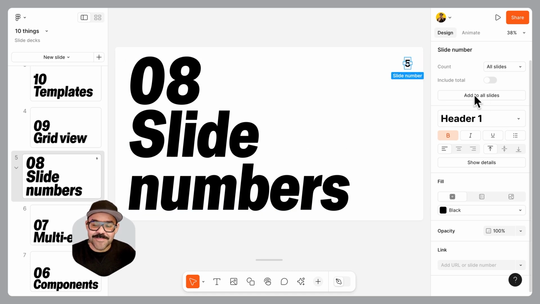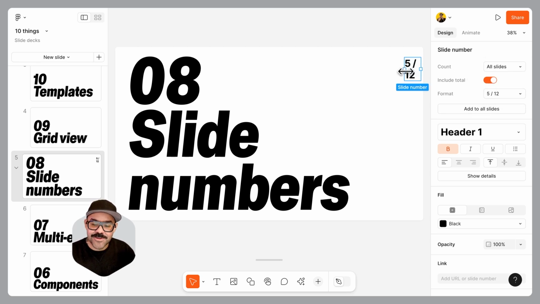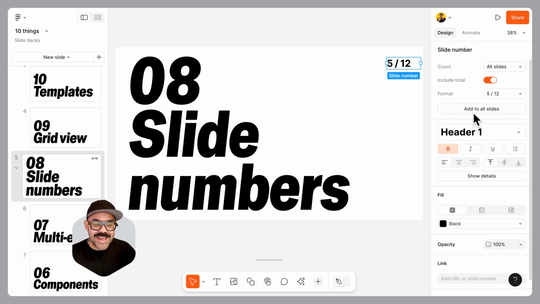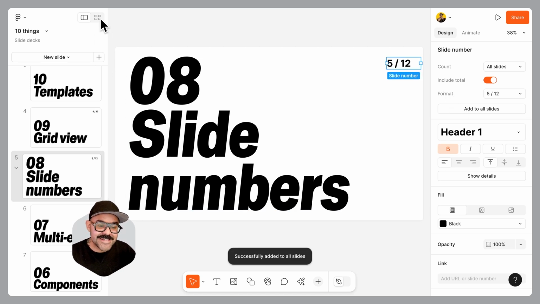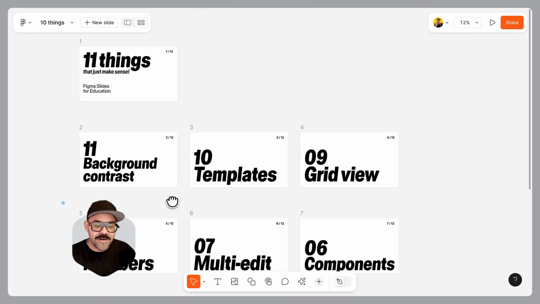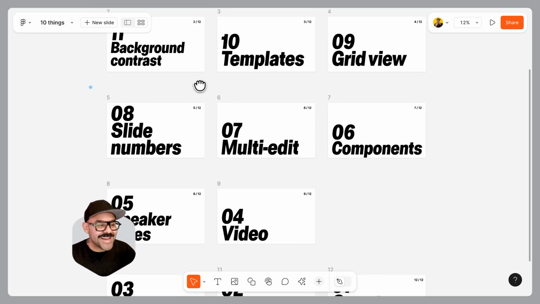Now you'll see some options when you select that slide number. You could choose count. So whether or not you want it to count all of your slides or only the slides within the row, I'm going to leave it at all slides. You can have it include the total. So here you can see I have 12 total slides. And now if I want to apply this to all of my slides, I'm going to click add to all slides. Now let's go back to grid view